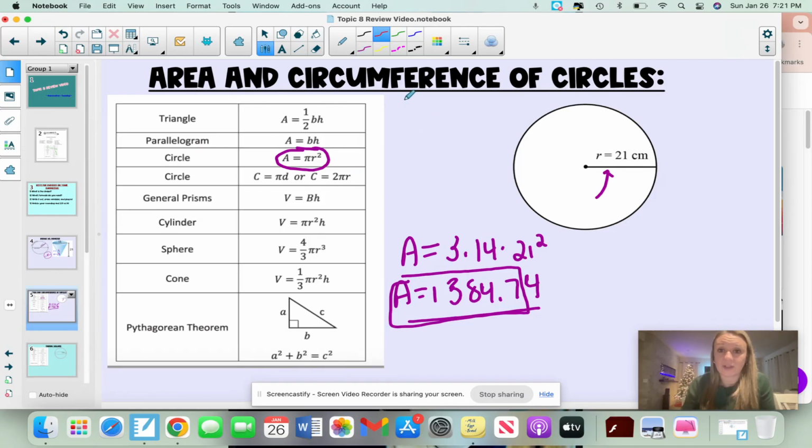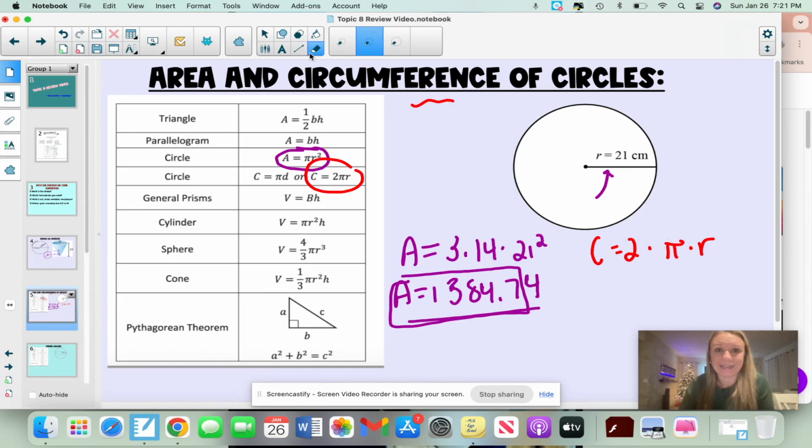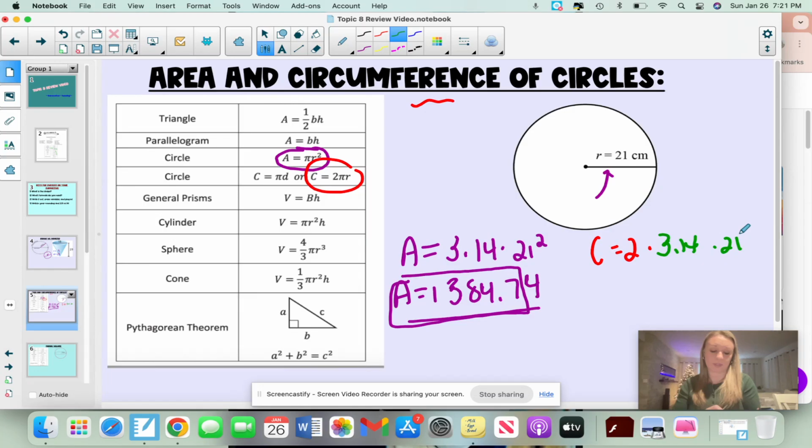You also need to be able to find the circumference of a circle, which is the space all the way around, kind of like the perimeter of a circle. So I start by writing out my formula. And then instead of pi, we're going to use 3.14, and then you'll just plug in your radius. So you'll do 2 times 3.14 times 21. And you can practice putting that in your calculator. And your calculator gives you